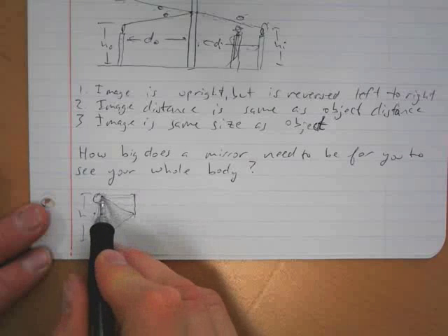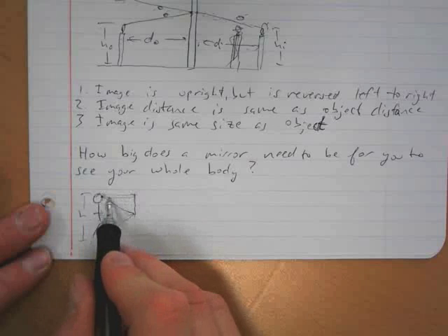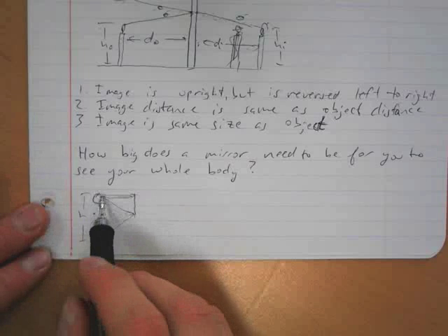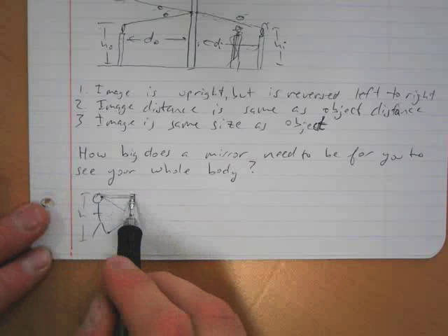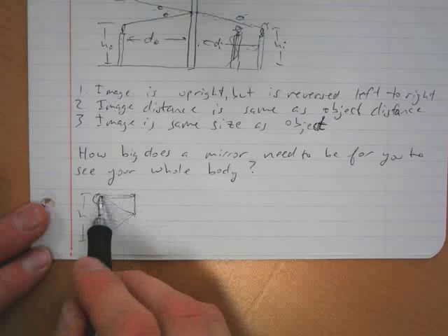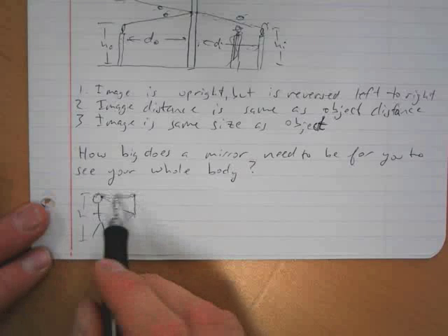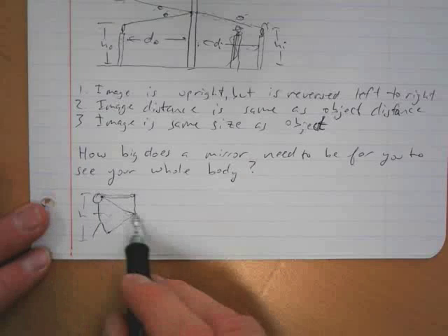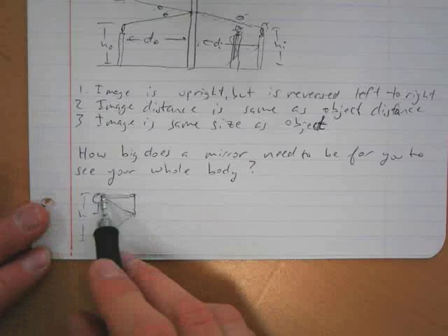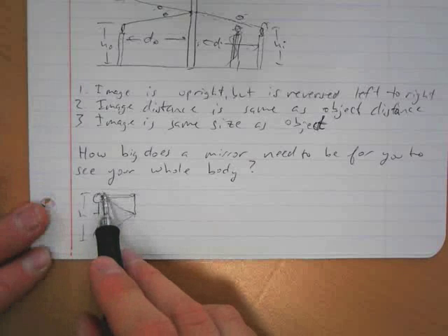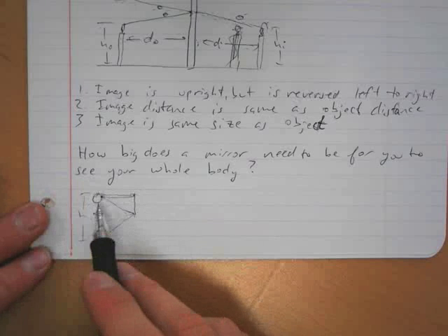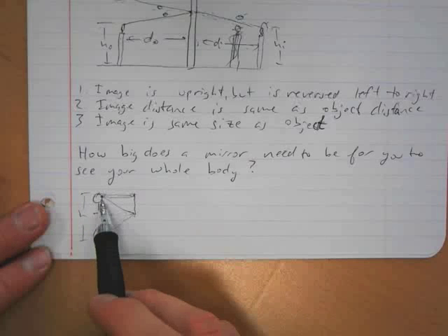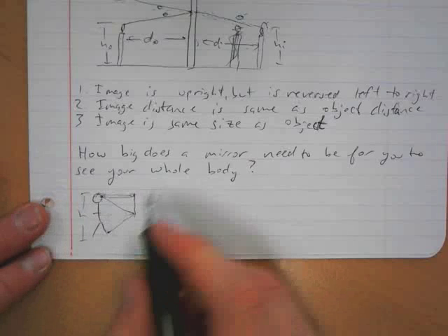It's harder to draw with a smaller angle, but the angle of incidence and angle of reflection are the same up here too, and so the distance from your eye to the point of contact with the mirror is the same as the vertical distance from that point of contact to the top of your head. So the mirror needs to extend down to halfway from your eyes to your feet, and up to halfway between your eyes and the top of your head. So you've got top of head to your eyes to feet, and half of that. So the answer is that the mirror needs to be